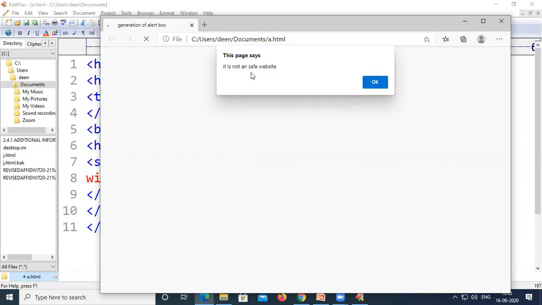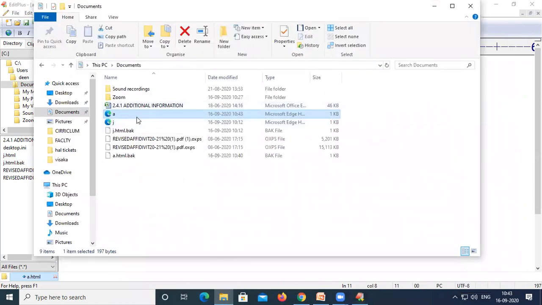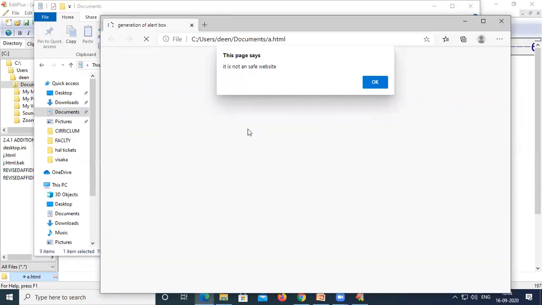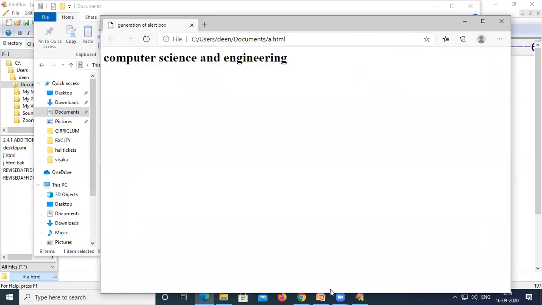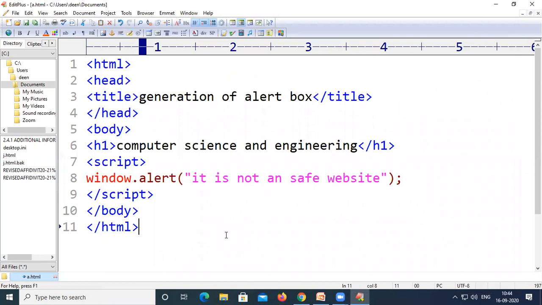So this message was displayed, and someone thought that this website may take our own information from the computer. If you open this website, it may rob some information from your computer, and during that time they can close the website without viewing it. And if somebody wants to see the website even if it is not safe, they can make a click on this button, and the website information will be displayed here. So that is the main use of these alert boxes.